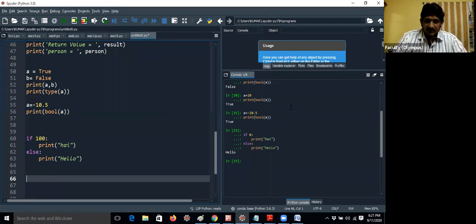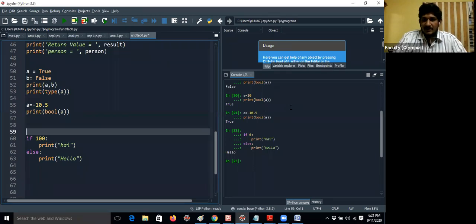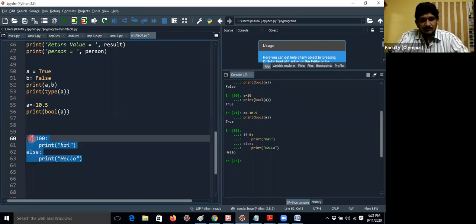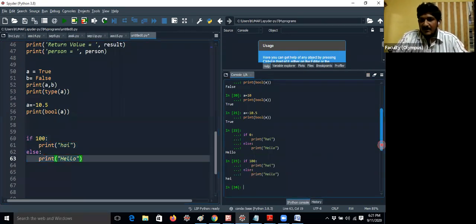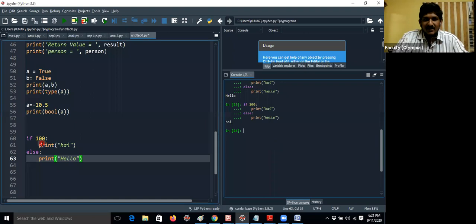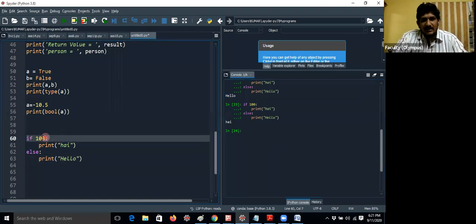Yes. Now I am running the program guys. Hope you understand now. So I am getting hi. That means actually in C language and Java, whenever the condition is true it returns 1, then that block will be executed. Actually it returns a positive value, not only 1. Generally we will tell like 1.